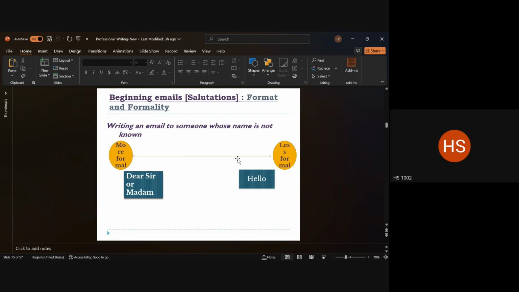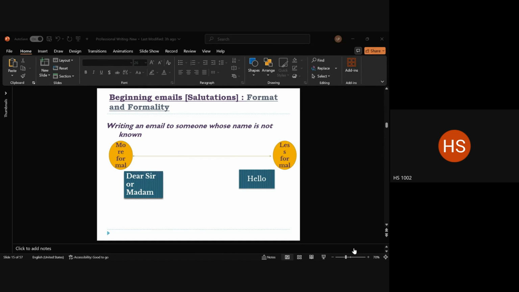Okay. But there's one thing that you need to keep in mind here. I have seen a lot of people in the email write this. When they're writing dear sir and madam, they write "Dear sir", then there is an oblique and then there's "madam". See this in your chat? So don't write it like that. Right? Dear sir, slash, madam. You always write it as "dear sir or madam".